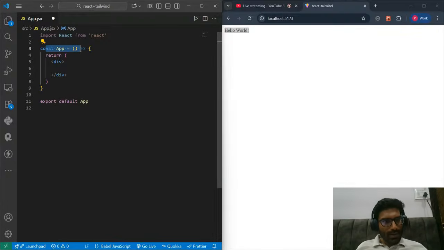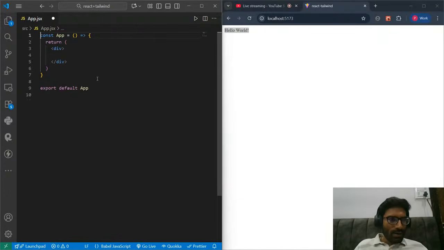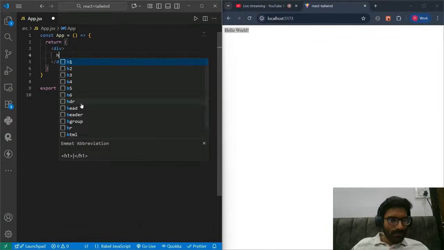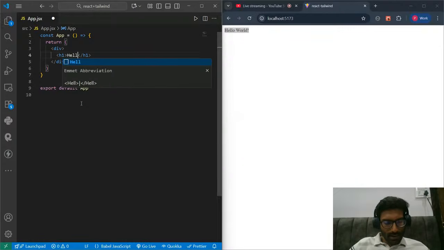I have made a traditional function component, and through this shortcut, it will give an arrow function component. There are two types of functions in JavaScript, arrow functions and traditional functions. In React, we mainly use arrow functions. Here a div is there, and here I can simply write hello world in an H1.